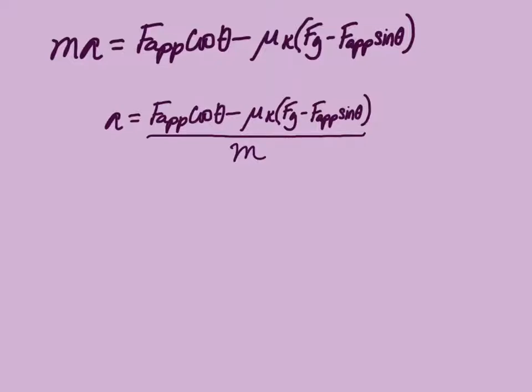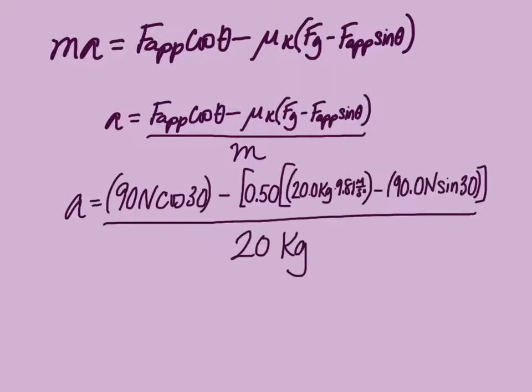All right, so I've just brought our equation over from the last slide. I've now divided the entire right side of the equation by mass. And now we're ready to plug in some numbers. So I've got acceleration is equal to the quantity, 90 newtons times cosine 30, minus. Now, note the careful use of parentheses here. The first time I ran these numbers, I screwed it all up because I didn't pay attention to my parentheses and my order of operations was wrong. So I've got in my innermost